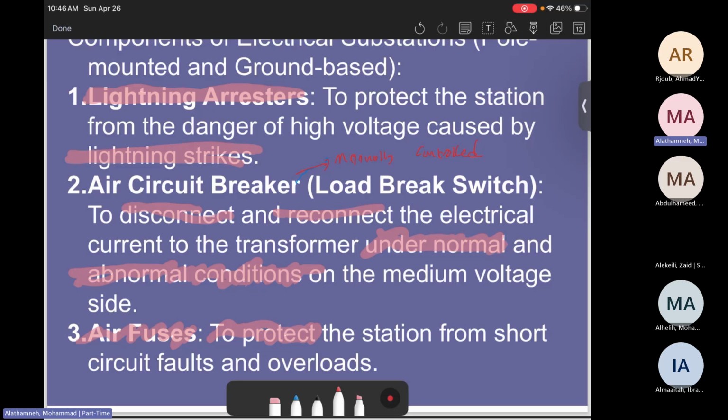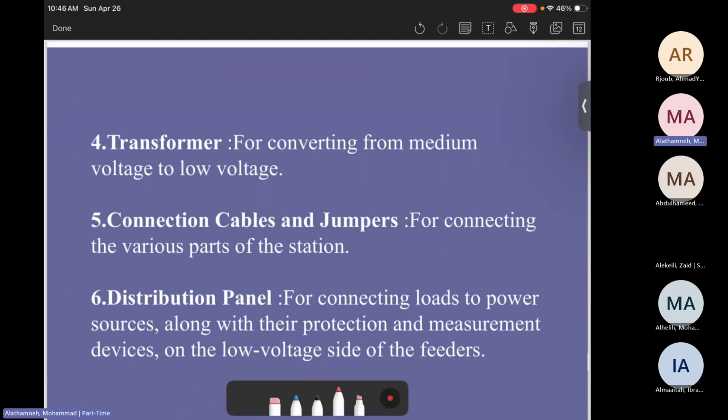However, in protection, in case of overvoltage or overcurrent, most likely overcurrent, the fuse will work. The fuse will melt, then you can replace the fuse. So again, in protection, we are using fuses. But the air circuit breaker can be turned on and turned off manually when it is needed.